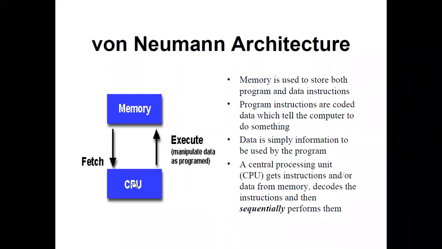And what does the CPU generally do? The CPU will fetch the program as well as the data from the memory, execute the particular program, and then return that result back to the memory. So that is nothing but your von Neumann architecture. It is the most simple architecture and has been used for 40 years now.